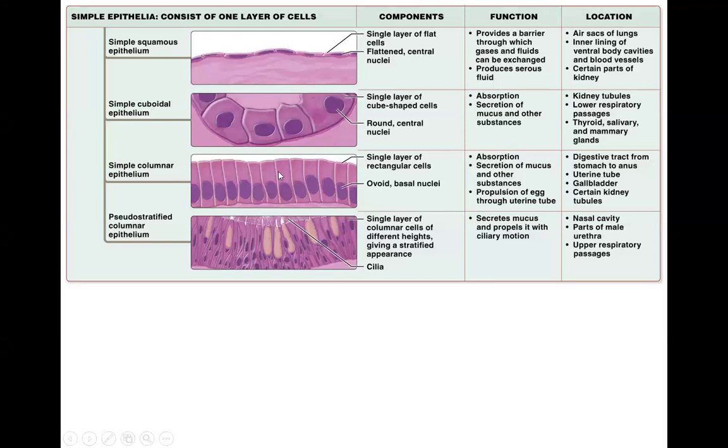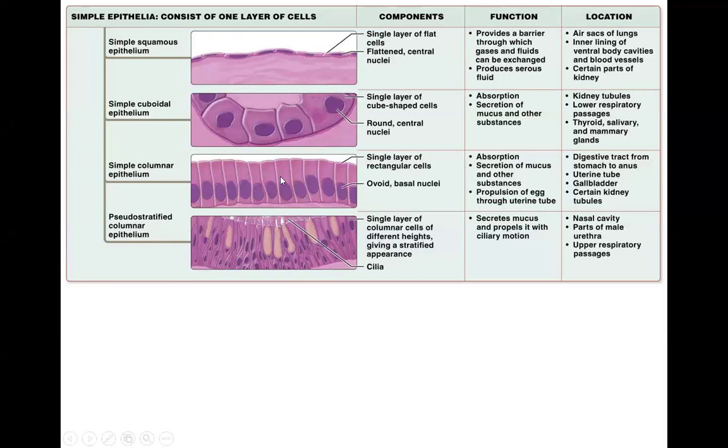I'm not going to ask you on the exam whether the cells that are part of the kidney are simple squamous, simple cuboidal, simple columnar, or pseudostratified. I'm not going to do that. But this is just for you to appreciate what kind of cells line which types of organs to support that type of function. But the ones that are high yield are these unique